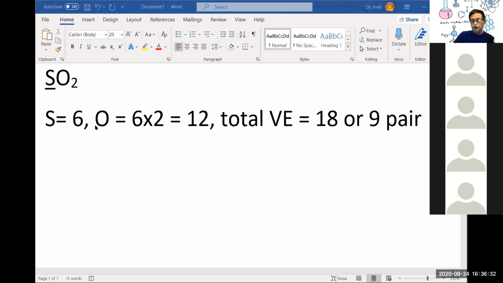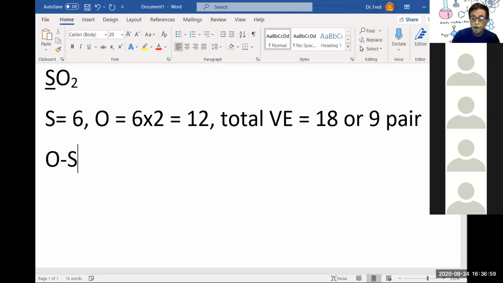I'm given the structure. You notice that in SO2, the S is underlined, which is an indication telling you that the S is the central atom. Okay? Or it could be in bold. Either way, you're always going to know who the central atom is. So I can very quickly draw